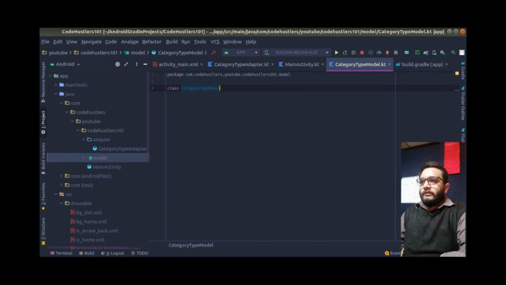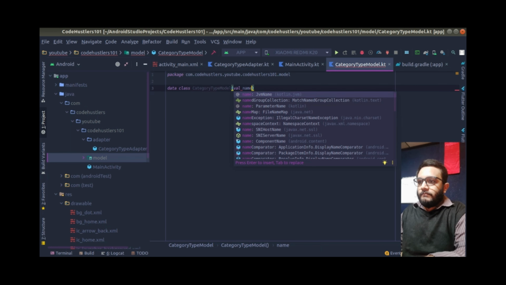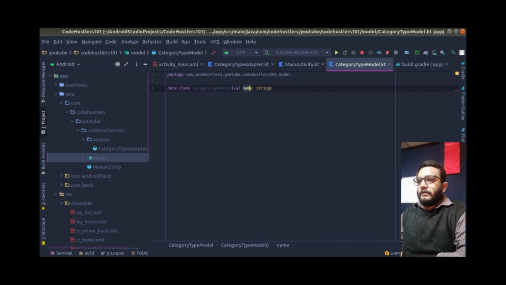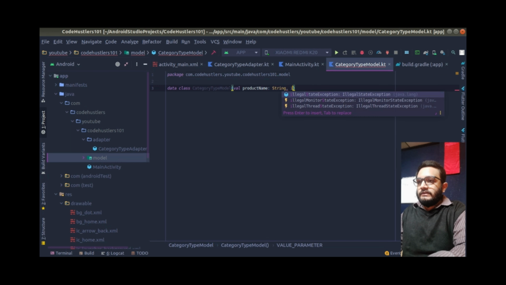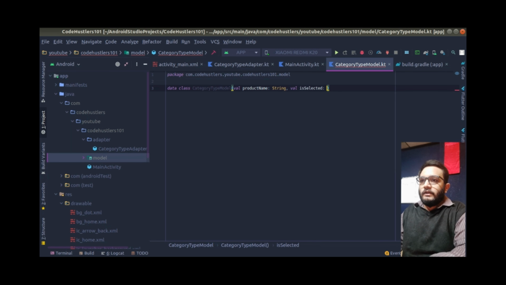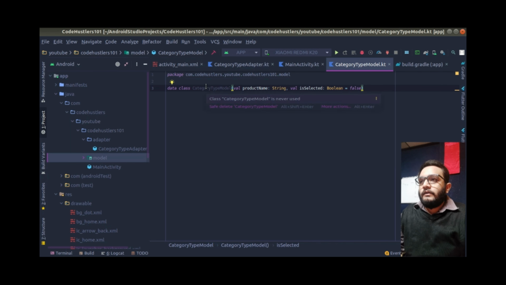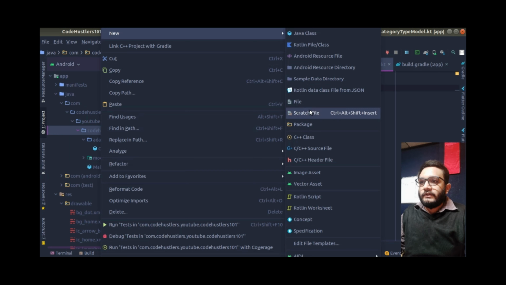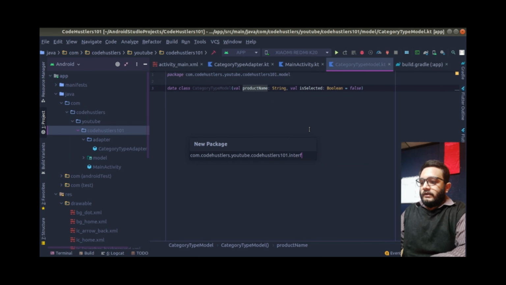We'll use a data class, give name string, product name is selected. By default it will be false, is equals to false, and it's done, right? We also need to create an interface, so create another package, interface,